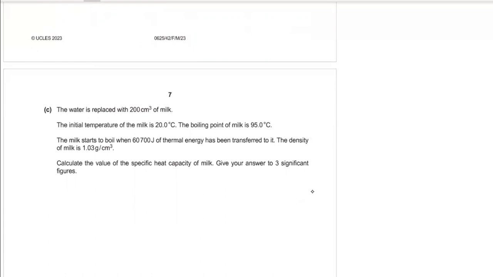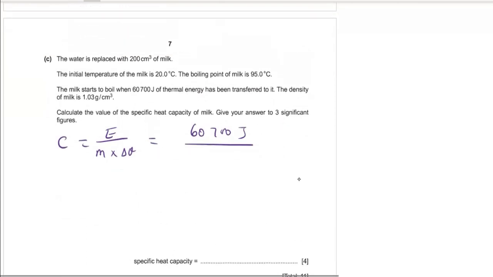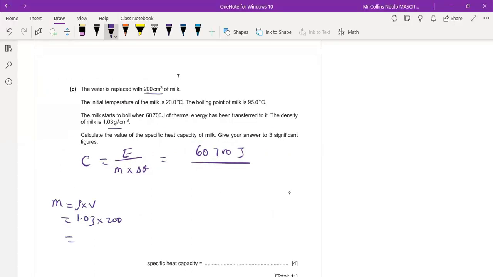So we know that specific heat capacity is the energy transferred per unit mass and per unit change in temperature. So the energy transferred there is 60,700 joules over mass. Let's see the unit. We can give our answer in terms of grams or kilograms. We have the volume and the density, therefore mass is density times volume. That is 1.03 times 200, that is 206 grams,